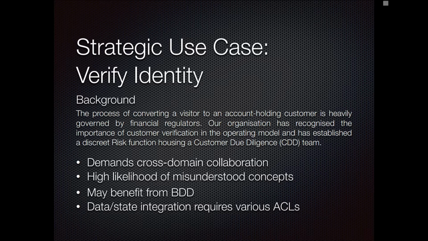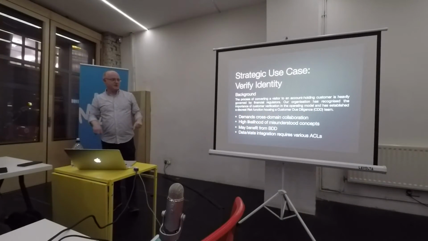And of course, because we've got cross-domain issues, we've got a customer due diligence system here, which is all about verifying customers, and another system over here which is about onboarding customers, and another system here which is about servicing the account. Well, all this data and state integration that happens between these different systems is going to require you to think about anti-corruption. So this is something, again, in domain-driven design, one of the strategic patterns is